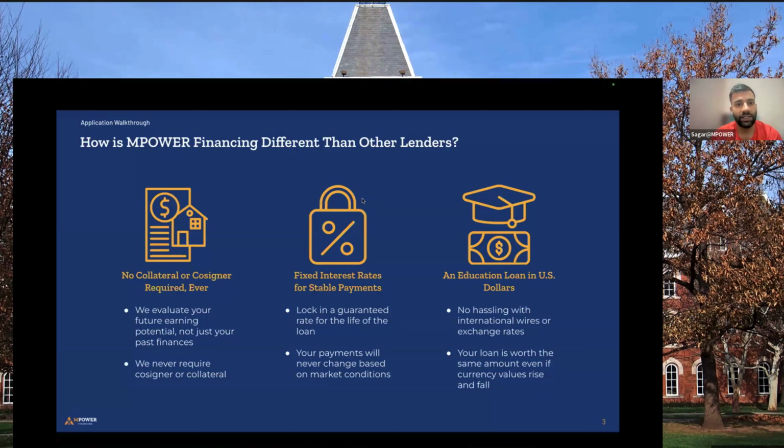Empower is the only organization that gives out unsecured loans at a fixed interest rate. What that means is once you're approved for a loan, at the time of approval, you would also get a certain rate of interest mentioned. That rate of interest will never go up. It will only go down once you sign up for auto pay, but that's not going to change at all.